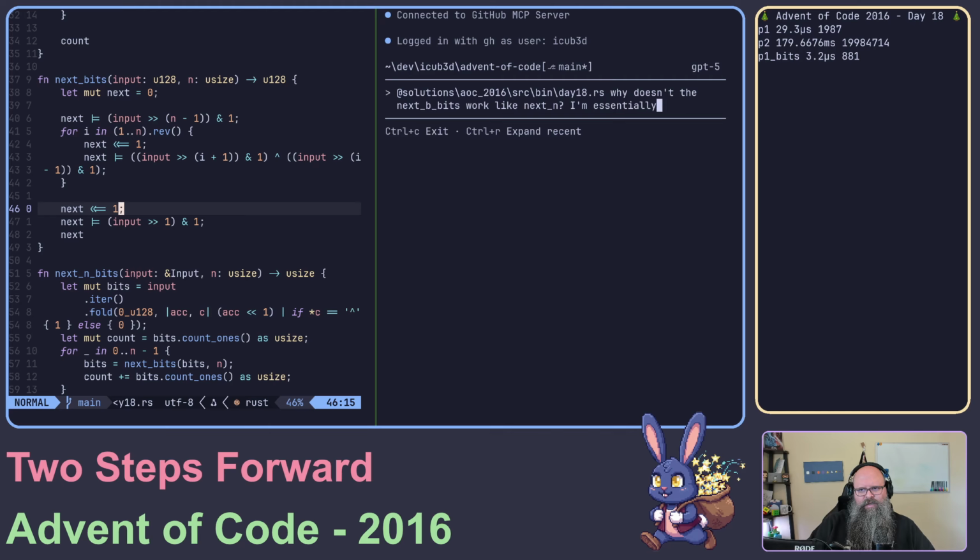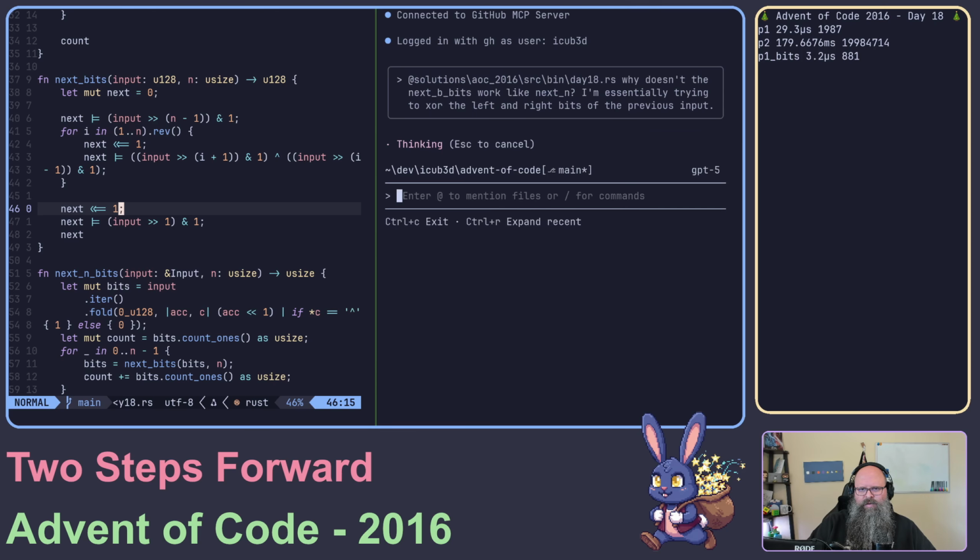I'm essentially trying to XOR the left and right bits of the previous input. Okay, while it's thinking,